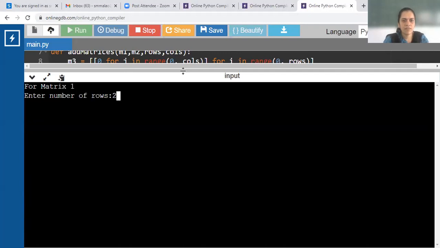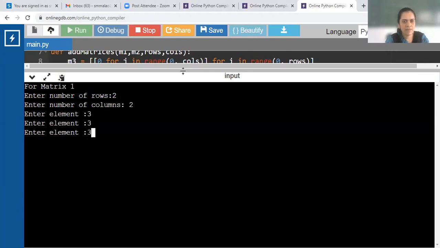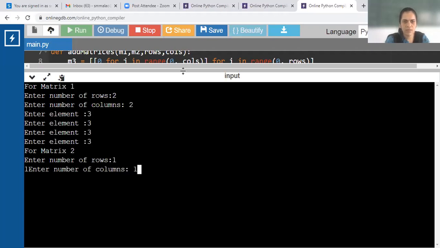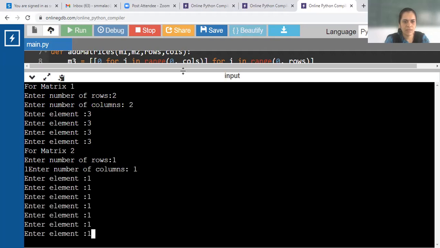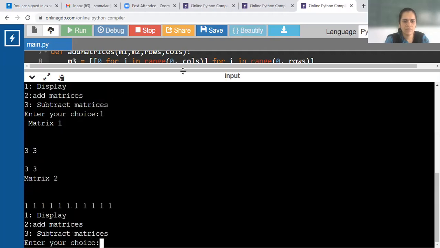Now I give different number of rows and columns. Second matrix, okay, I'll give different number of rows and columns. So here one by one matrix, one number of rows and one number of columns, and entering the elements. Okay, there was some mistake over here.